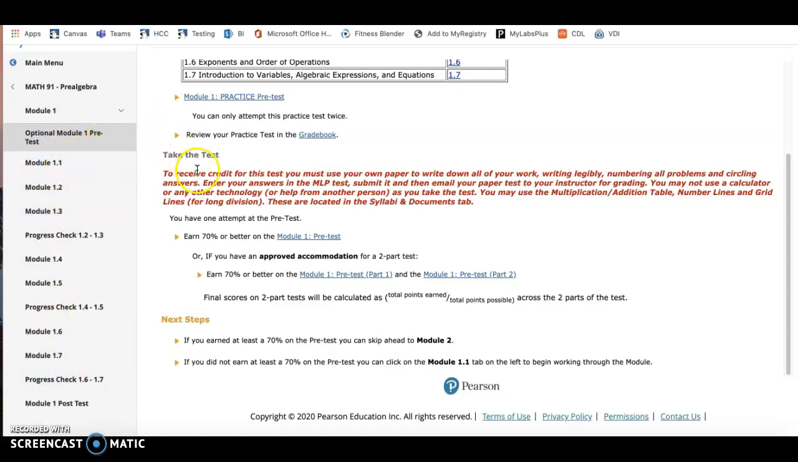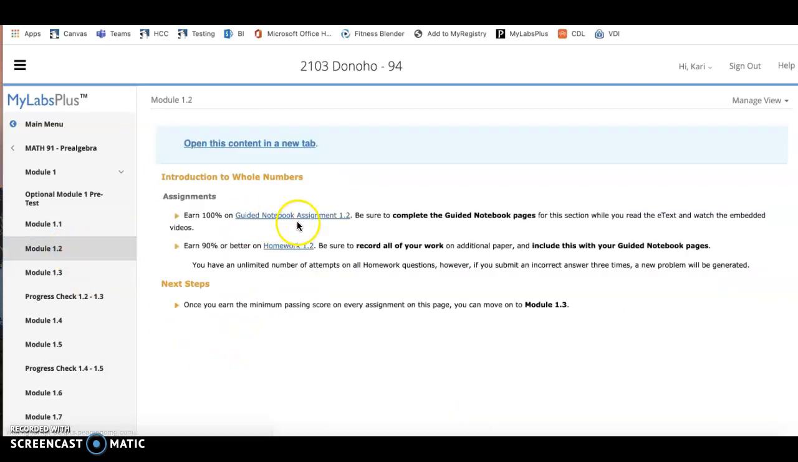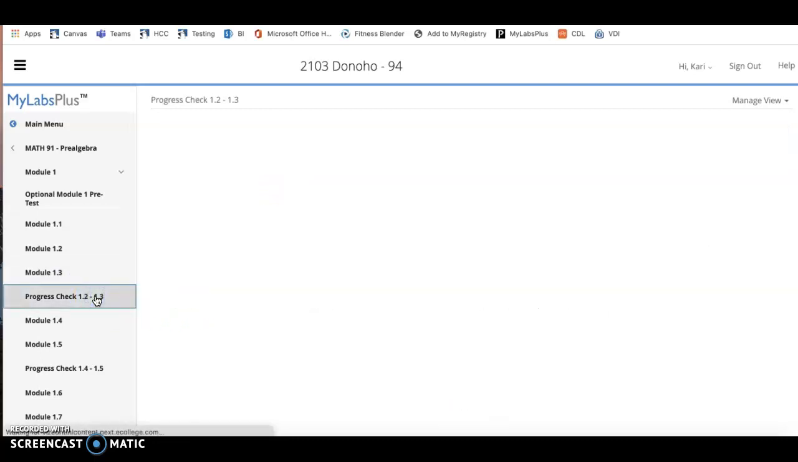Now, if you don't take the pretest or you don't pass it, then you're going to begin working through these assignments by printing off your guided notes. This tab right here will open up the book to help you fill in those guided notes. Once your notes are filled in, you will do your homework assignment, and then you will move to the next tab. Repeat. You will fill in your notes, do your homework, move to the next tab. Fill in your notes, do your homework, move to the next tab, and the next tab happens to be a